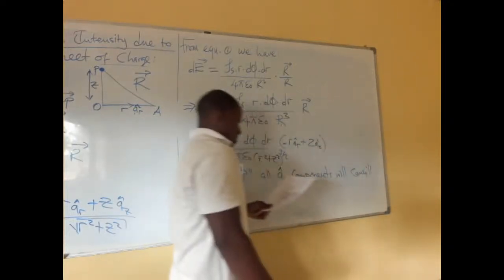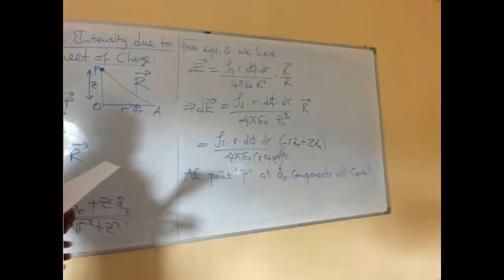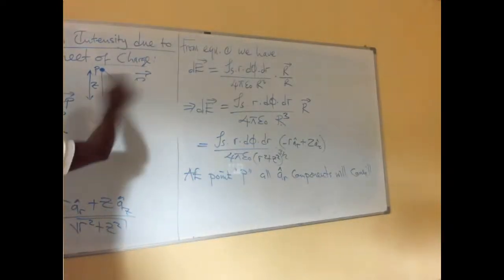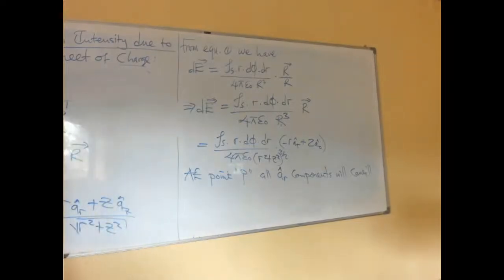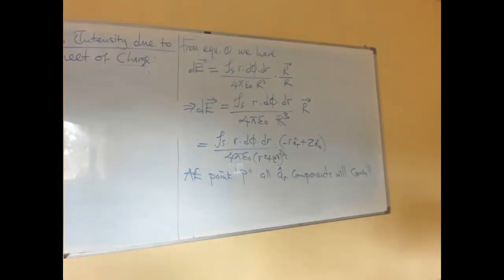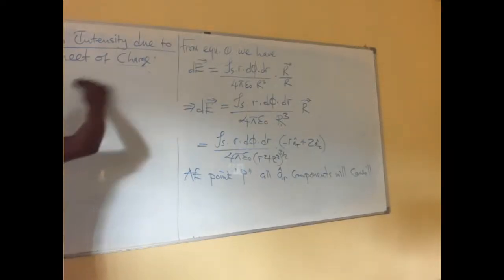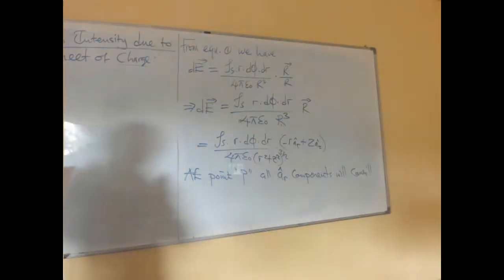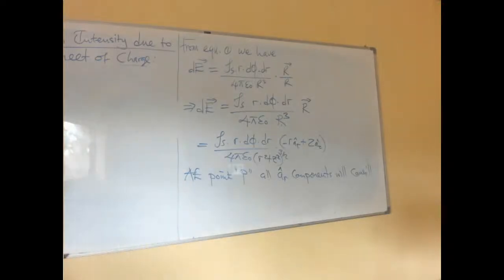So that means we can now have this place here for easy visibility. So that having been said, the implication is that the E now must be equal to